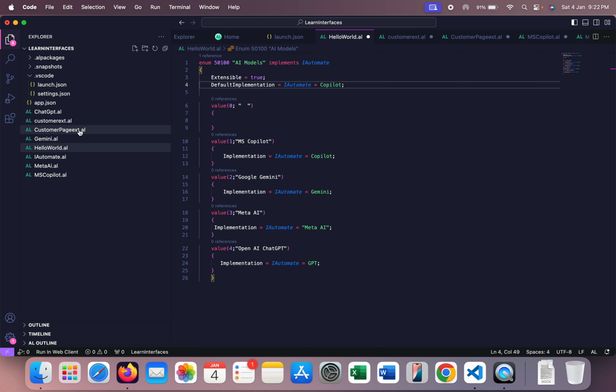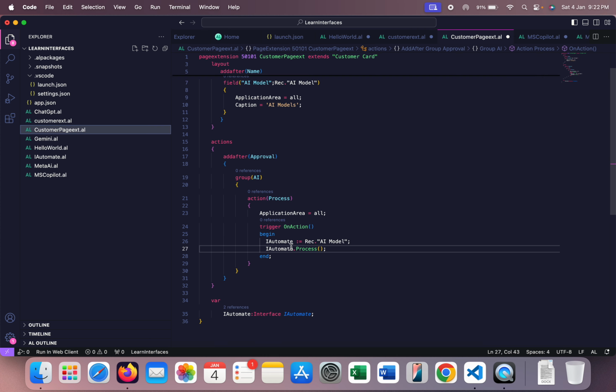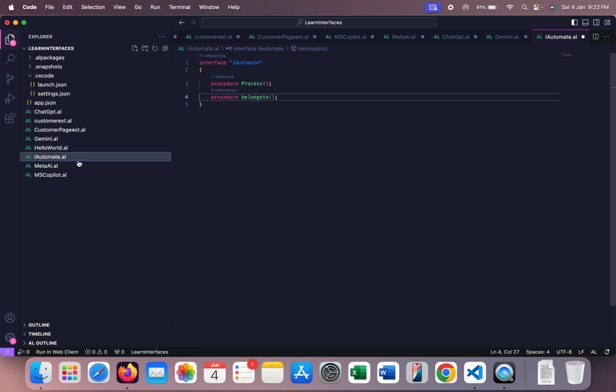So let's see here. Now you can see that the error is gone. Now I can easily pass my enum to the interface object without any issue. And now when I'm passing this function iautomate.process, as we have seen, by default this interface object does not have any body on this procedure, right? There is no code written inside its process. However,